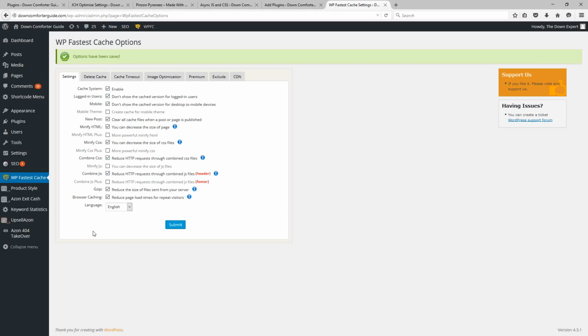Ultimately, this plugin can do a lot more than what it already does, which is kind of what I found so astounding about it, is that for being a free plugin that also offers a premium version of it, I find the free version to be really, really good. However, this doesn't mean that you have to go out and buy the premium version. I have no connection to this plugin whatsoever, so it's not something I'm promoting or trying to get people to buy. In fact, I'd actually prefer for you to have a free way that you could go about getting all these sites optimized,